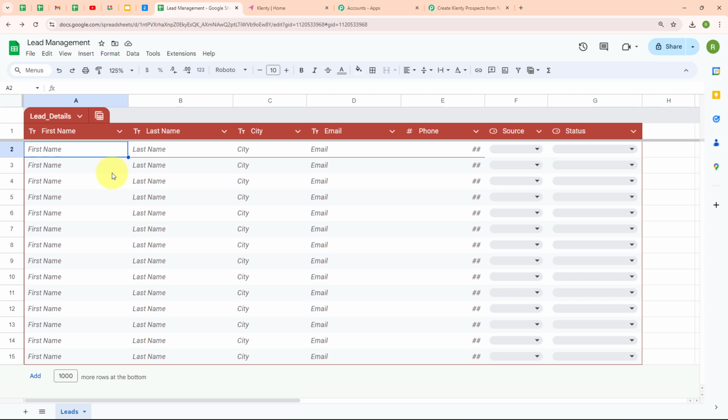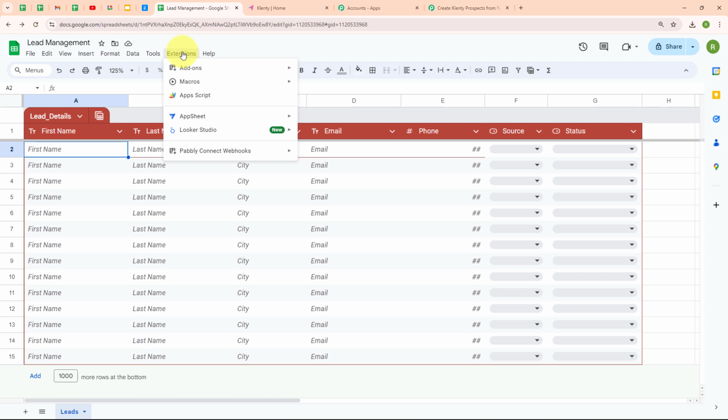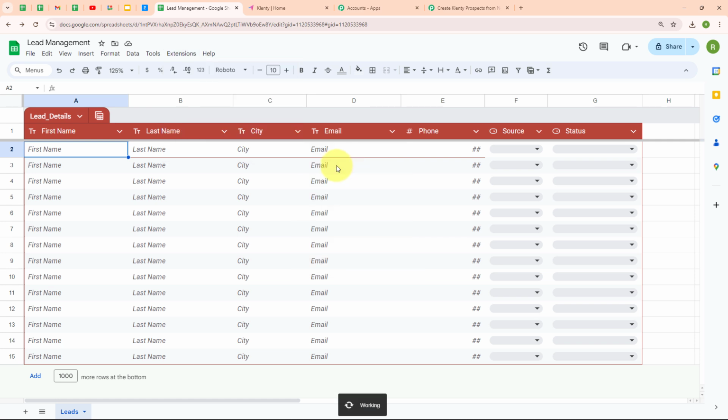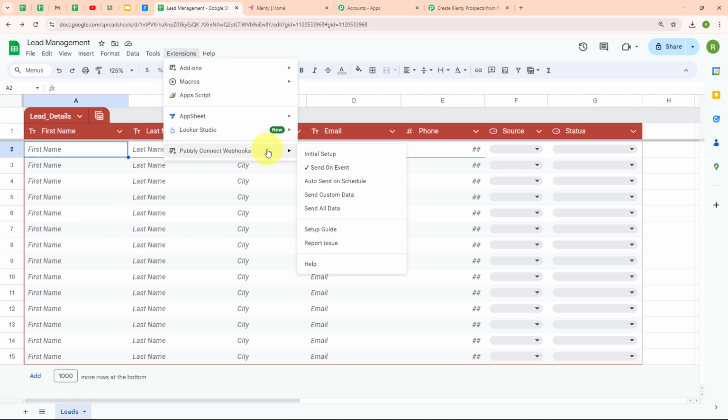Now I'm going to enter dummy data and do a test submission. But before entering dummy data, I'm going to perform another very important step in order to send my Google Sheets data to Pabbly Connect on every new detail added. To do this, we have to click on Extensions again, and from here click on Pabbly Connect Webhooks, and then turn on Send on event. By doing this, it will automatically send a response to Pabbly Connect whenever you add new data in your Google Sheets. I've successfully turned it on. Now let's go and check it. You can see we have received a tick in front of Send on event. That means we have successfully turned this on.